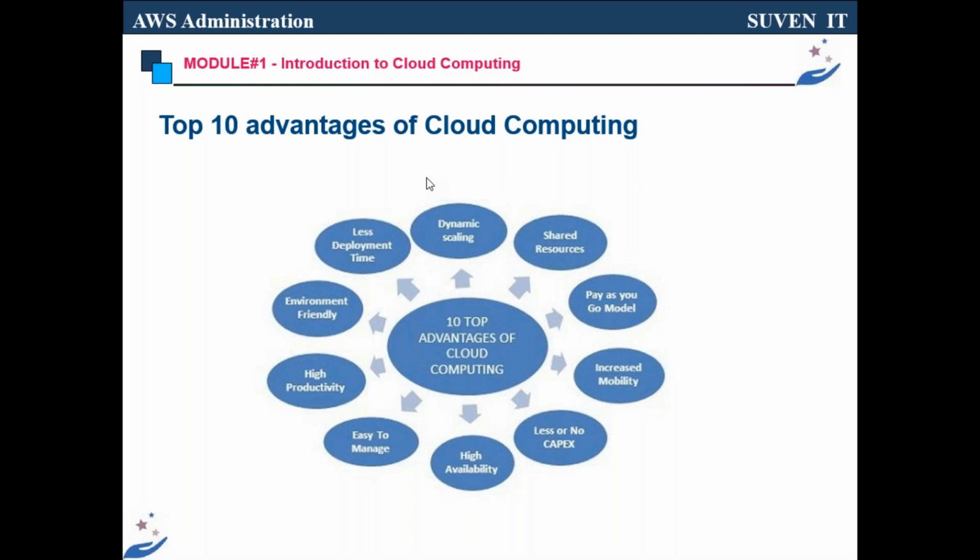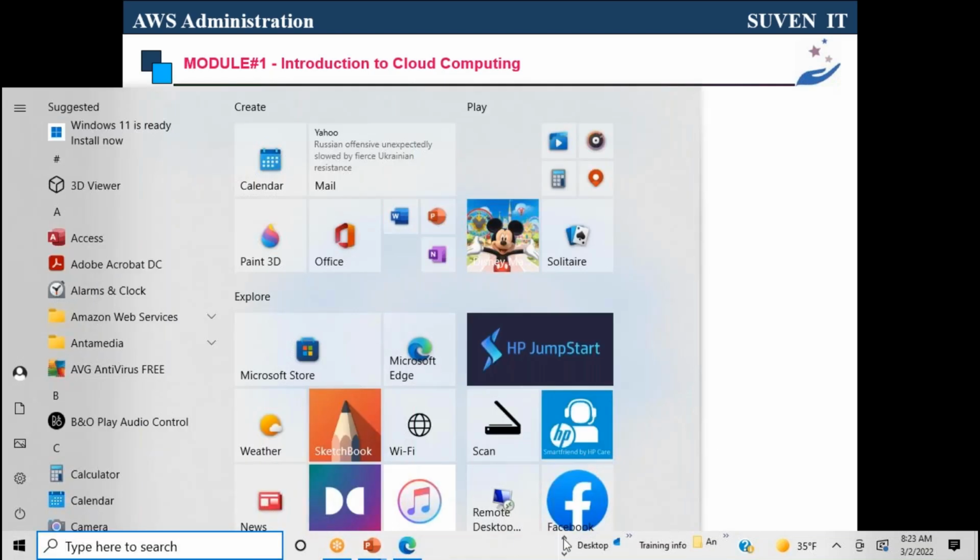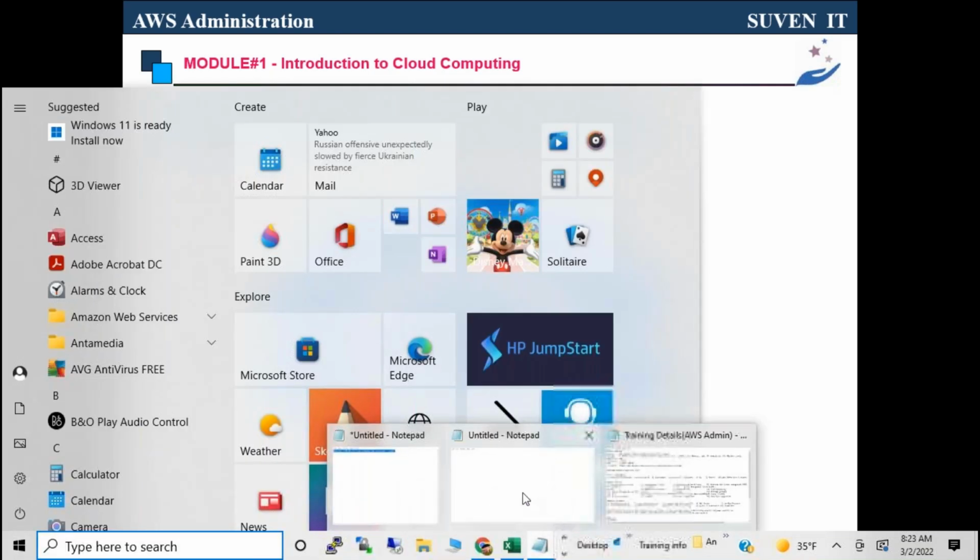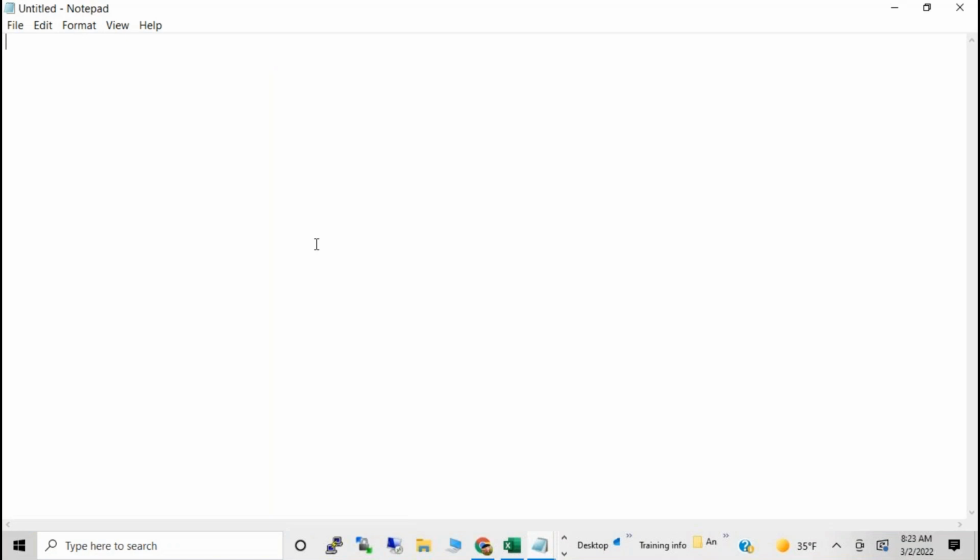So now you are very clear about what cloud computing is, why cloud computing, what the advantages of cloud computing are, and who the vendors of cloud computing are. You can find many vendors, but in this big competitive world, AWS and Azure are the most popular, and GCP is also trying to get something. IBM Cloud and Oracle Cloud are there, but these are not very popular these days.